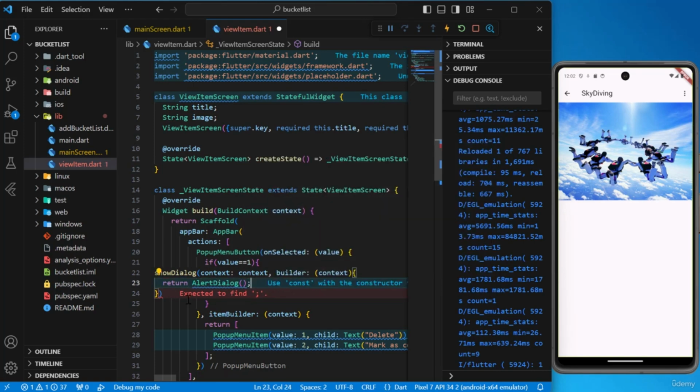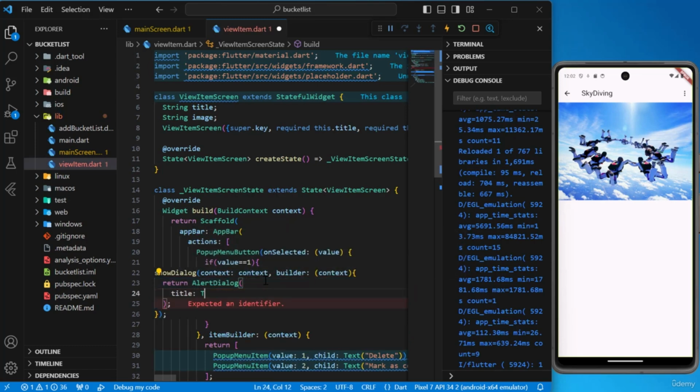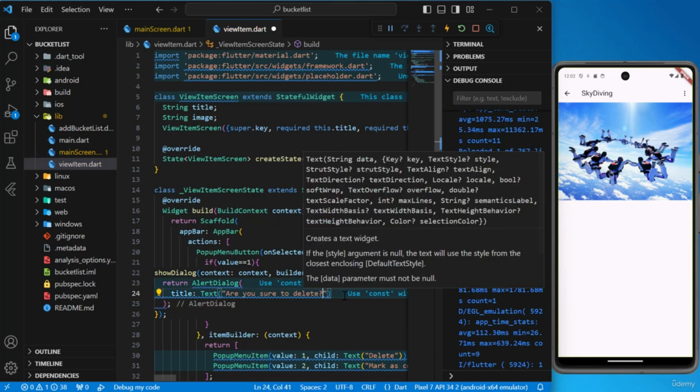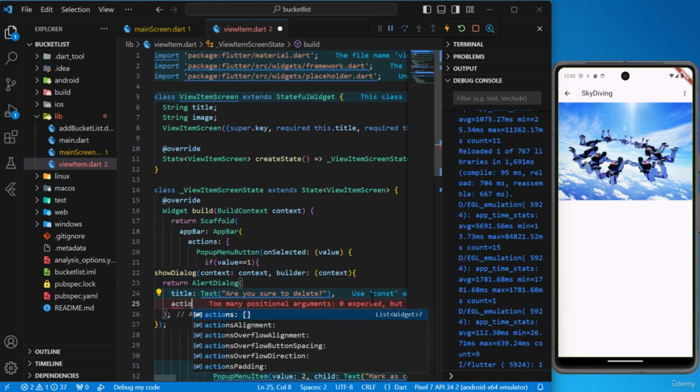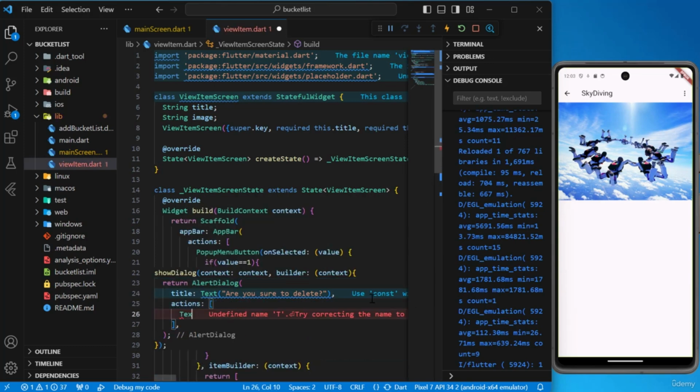Alright, and this will have a title of text widget. Are you sure to delete? And then we will have two actions over here. So the first one will be a text